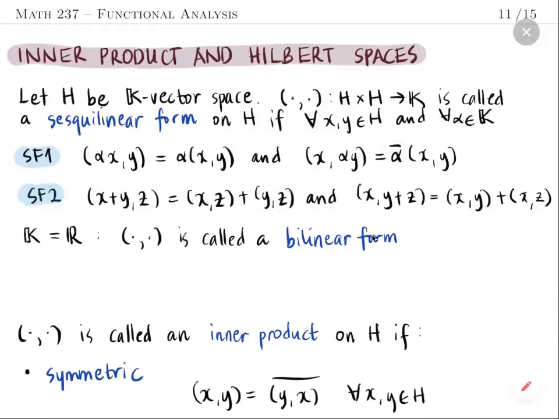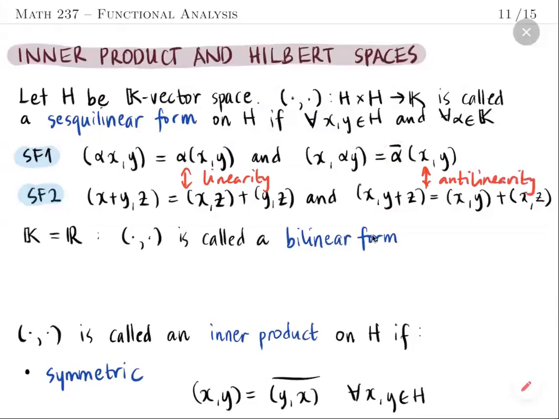The second property is linearity with respect to both arguments. So if you take the value of x plus y comma z, then it's the same as the sum of x, z, and then y, z. And this is the same with respect to the second component. So these two are sometimes called linearity, and this one here is what we call anti-linearity